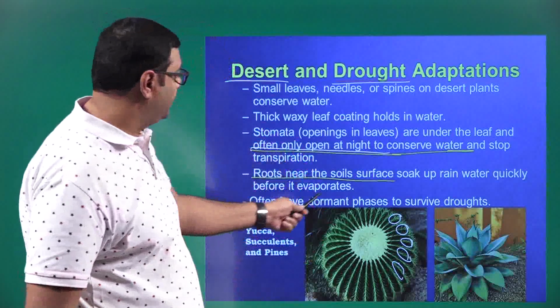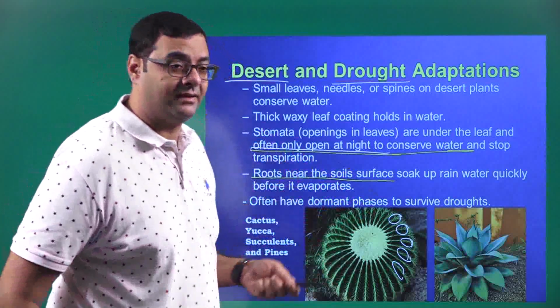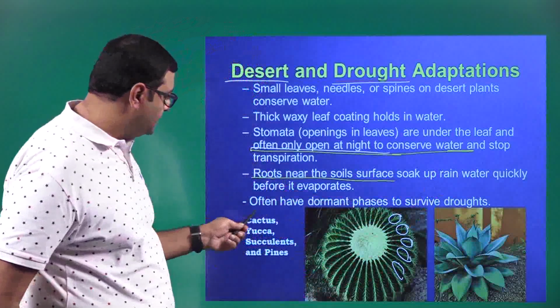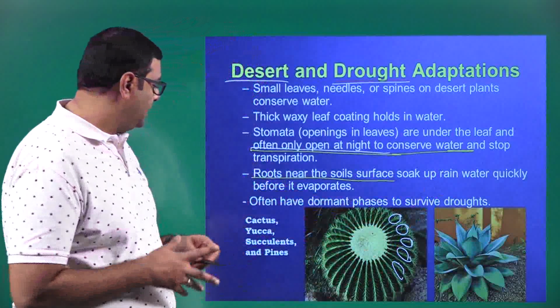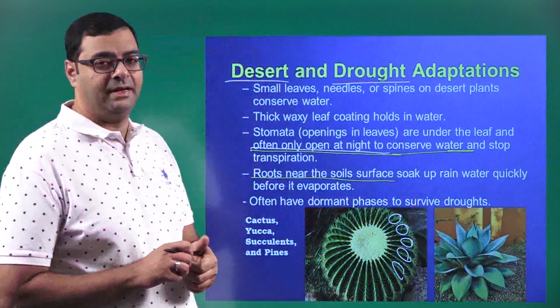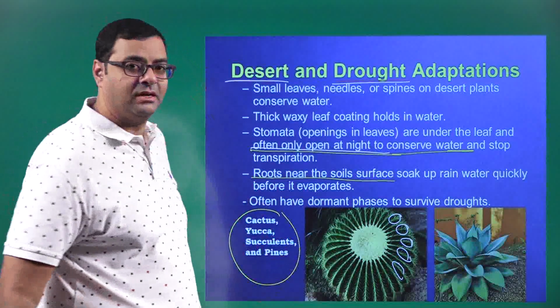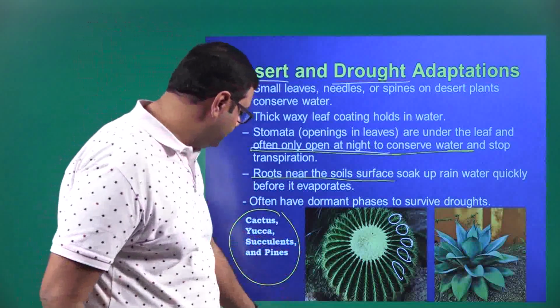So, often have dormant phases. That is, these are the phases where the flowers are not there, to survive in the droughts. Now examples here, as you can see: cactus, yucca, succulents and pines. So these are some of the examples of desert or drought plants. Now moving on,